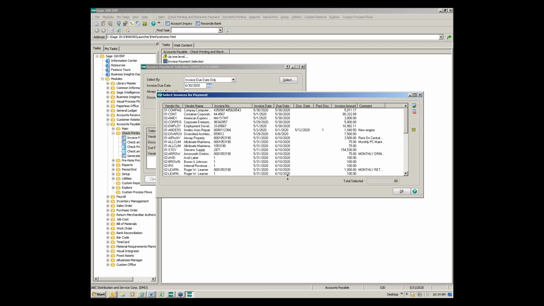Okay? Now, what will happen is that will stick. I will have that from now on because that way I can come in here and I'm going to go, okay, well, these are due now. So these are the top ones that I want to select. So that's a really, really neat feature, and it is available not only in invoice payment selection, it's available in